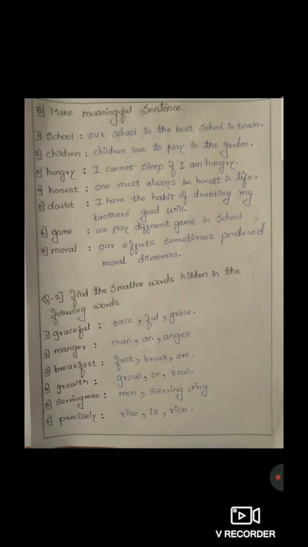Fourth word, growth. Answer is grow or row. Fifth word, serving men. Answer is men, serving, ring. Sixth word, preciously. Answer is rice. So students, these words